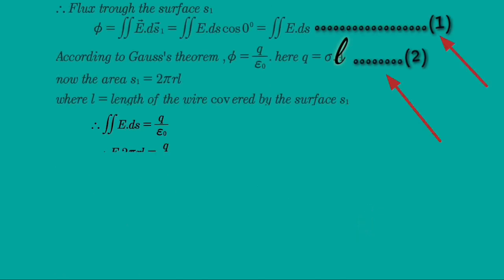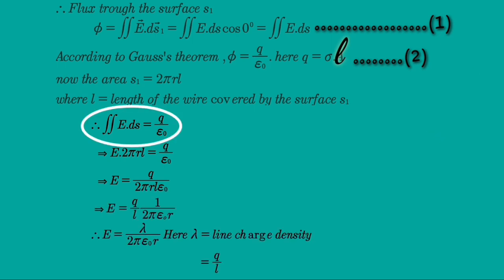Now, from equation 1 and 2, we can write surface integration E ds is equal to Q by epsilon naught. Here, E is constant. So, surface integration ds is equal to 2 pi r into L. That is 2 pi r is the perimeter and L is the length of the cylinder. Therefore, electric field E is equal to Q by 2 pi r L into epsilon naught. Now, Q by L is the line charge density of the wire. Therefore, we get E is equal to lambda by 2 pi r into